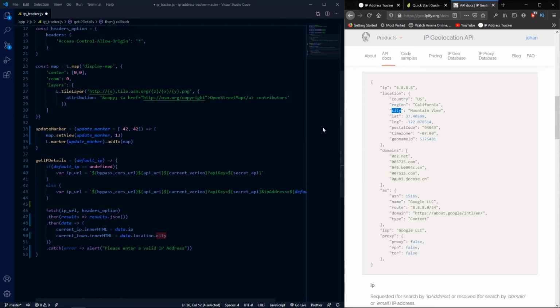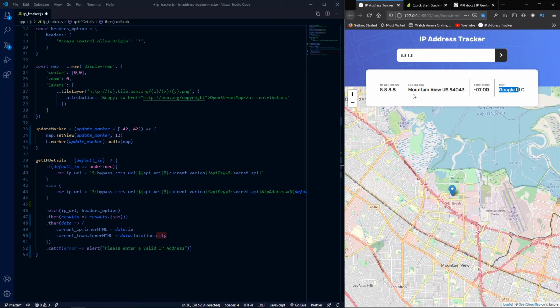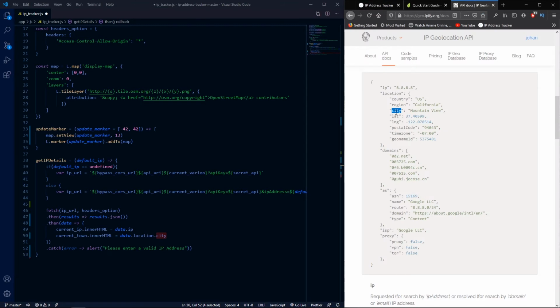Okay, I'm gonna do the same thing with this, which is actually the current city. What I wanted to display, if you go back to the app, is the city, and I want to display the country and also the zip code. So I want to display the city, the country, and also the postal code. I need those three in this one line. So what I can do is, let me go ahead and say